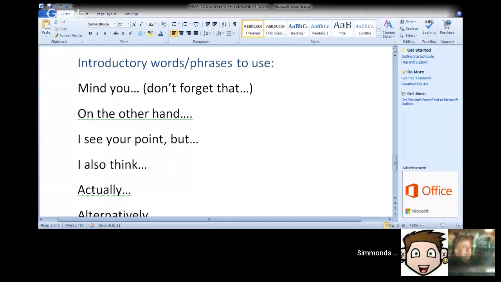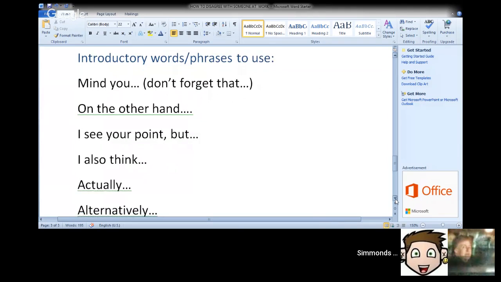The next one is "I also think," and this is very basic, very simple. You could also say "too," T-O-O, if you want to change "also." "Also," to me, is a bit more formal than "too." Again, this is all personal. I mean, it depends what you want to say and how you want to say it.